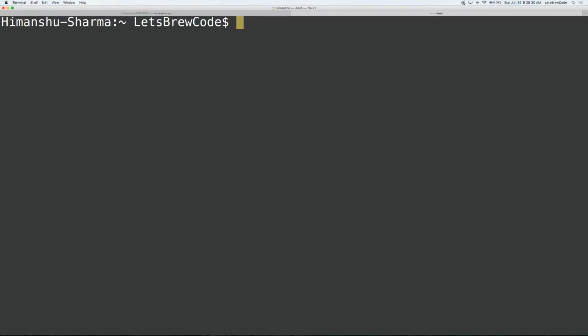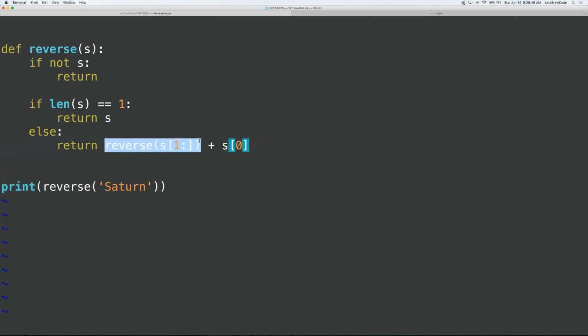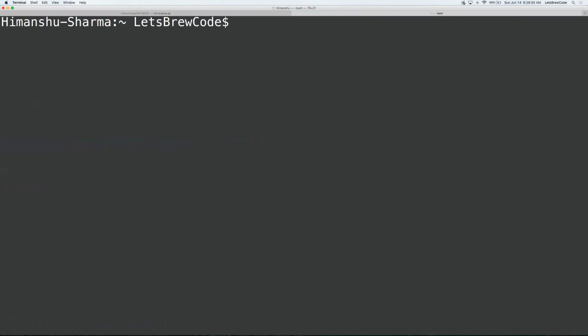Himanshu, yeah, you are writing one more function, ref. My mistake, sorry. I just reverse of this plus s0. There were multiple problems there. So we are now reversing a string of length 1 less plus adding the first character at the end. So now if we save it and run this code now,